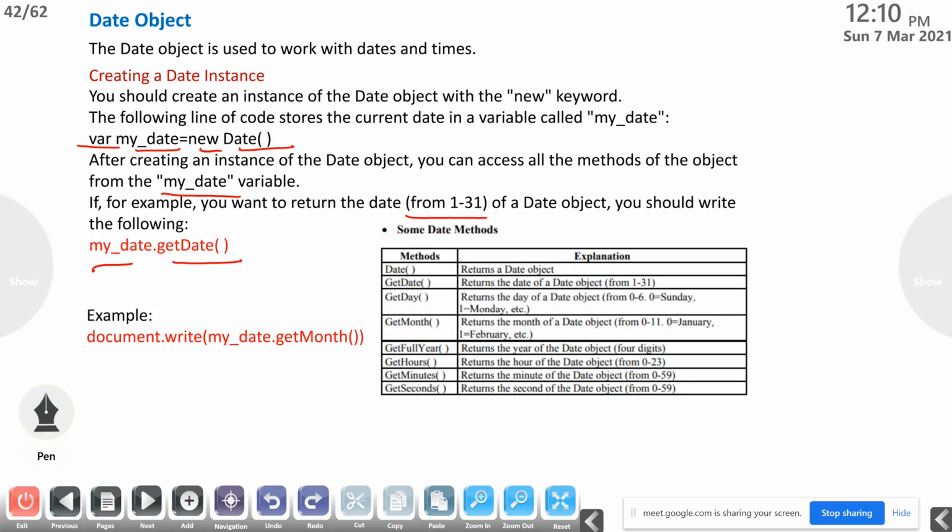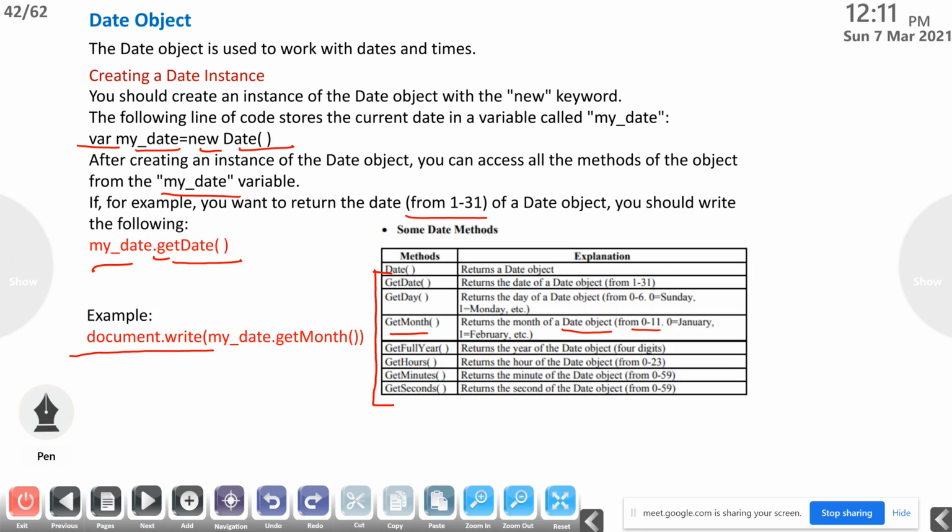So here some errors are there. That is, here they used a capital letter in get. So it will not work. You have to use the small letter for getDate. So myDate.getDate function, for example, document.write myDate.getMonth function. So getMonth function will return the month of a date object, that is 0 to 11. 0 means it's January, 1 means it's February.